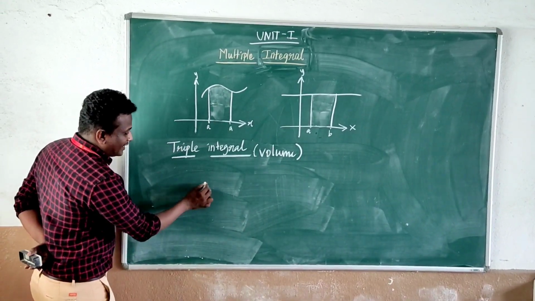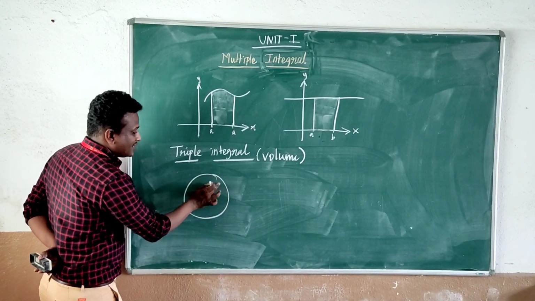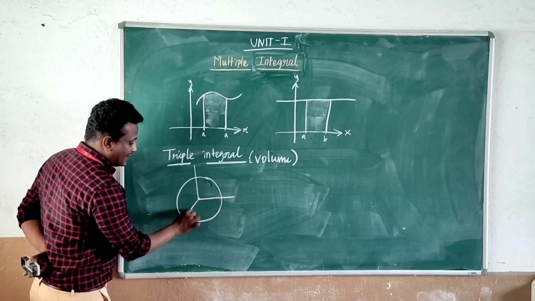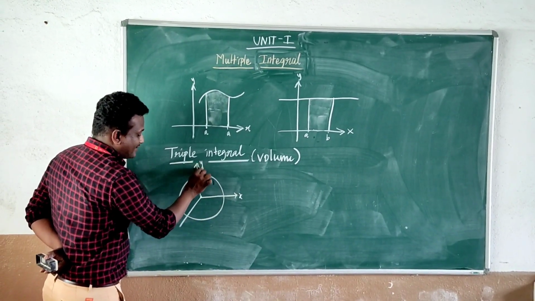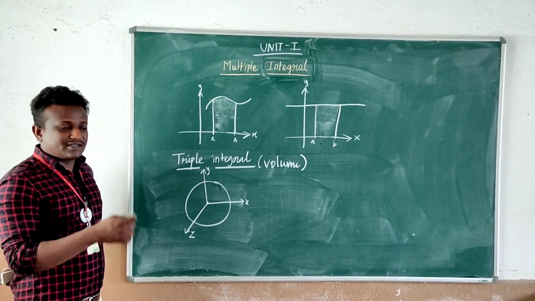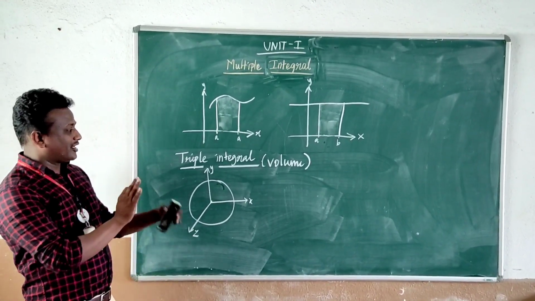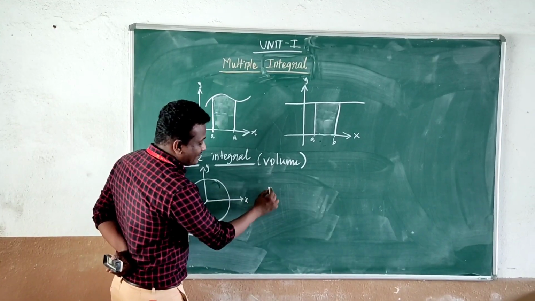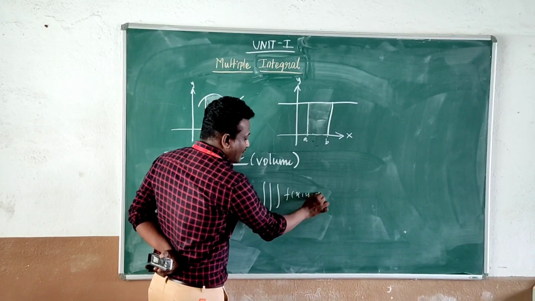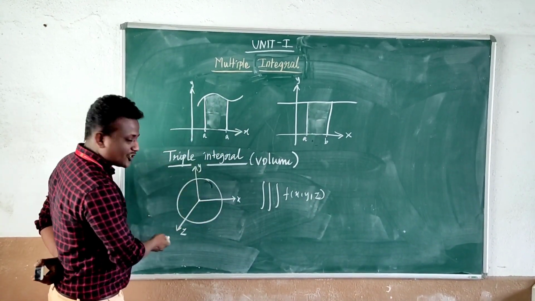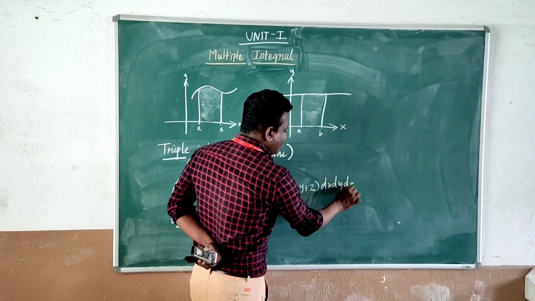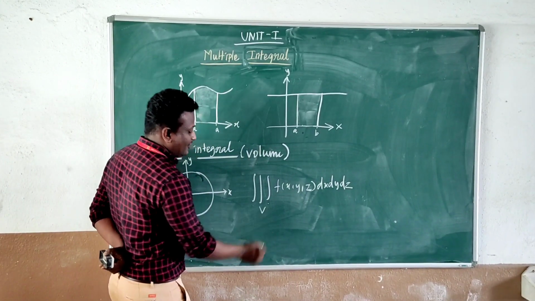Now in triple integral, for example, you just imagine this is the sphere. This is the center part of the sphere. We will take three directions in triple integral: towards the x-axis, towards the y-axis, and towards the z-axis. In these three directions, we will take the measurement. Then we will apply the triple integral concept. By applying it, definitely we can calculate the volume. It is denoted by the triple integral, then f of x comma y comma z, because we are taking in terms of three directions. So x comma y comma z. Then definitely dx, dy and dz will come. Here we will have three limits to find the volume.